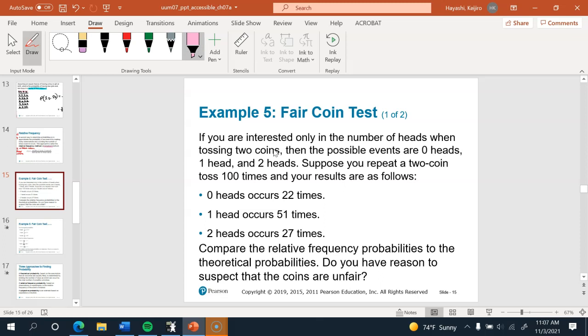So suppose you're tossing two coins at a time. You toss two coins at the same time. They come up a certain way. You pick them up, start over, see how they come up, pick them up, start over. You do that a bunch of times. In fact, you do that 100 times. There are 100 times that you toss 2 coins at once.